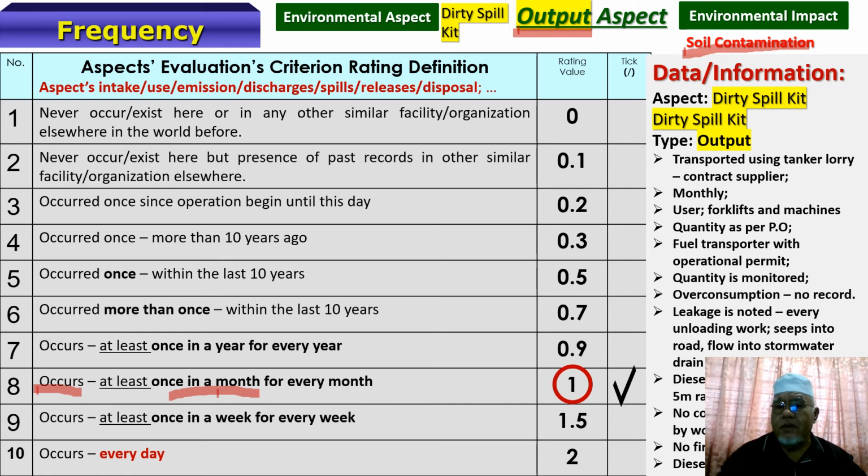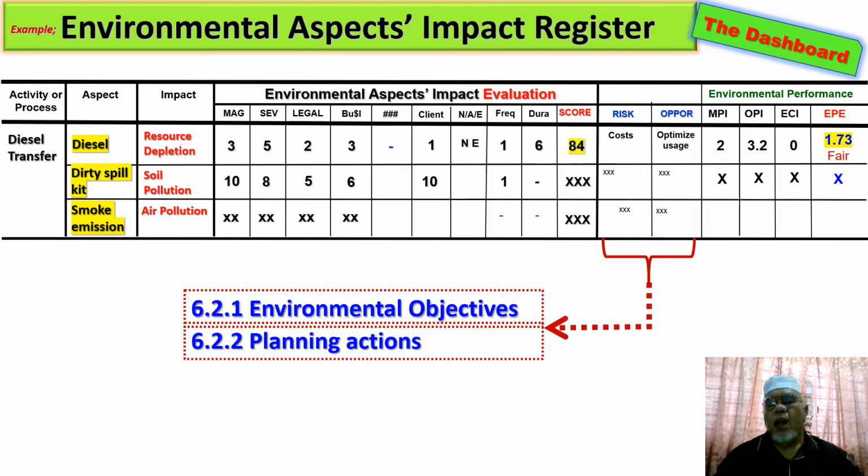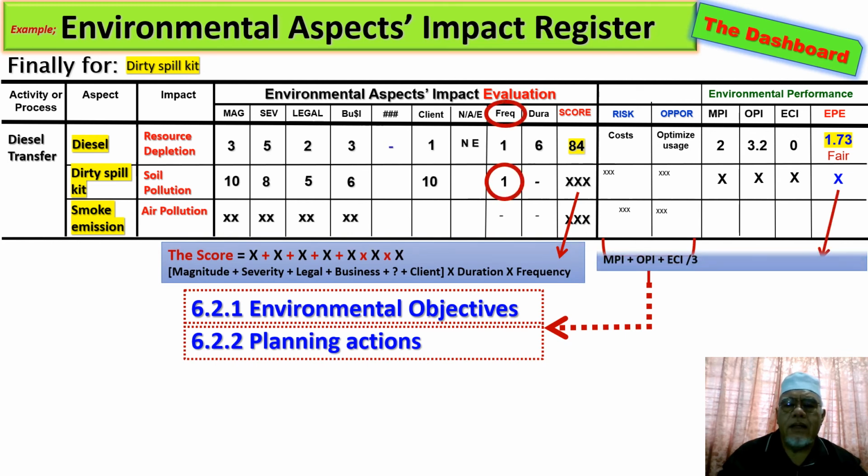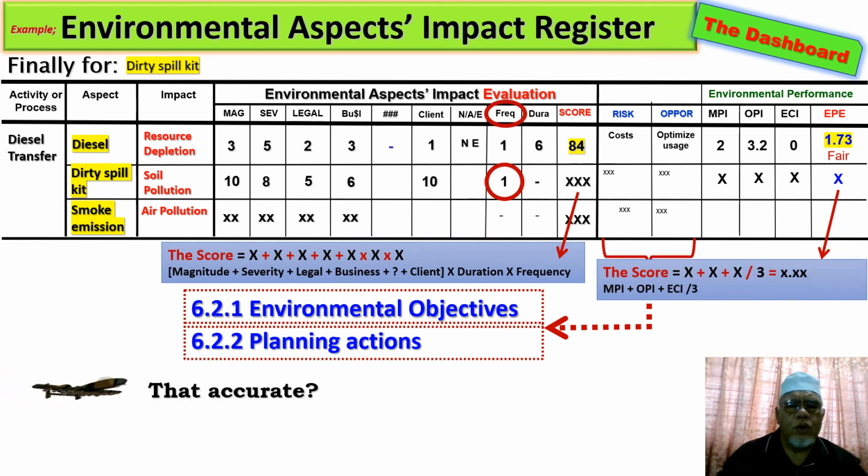So that has got to be managed because they are contaminating the soil, the ground. All right, so for that we give them a score of 1. It happens only once a month, might not be that significant compared to those that occur every day. So how does it compare? Take a look. You can pause the video at those evaluation rating definitions and take a snapshot, or whatever, and it's yours.